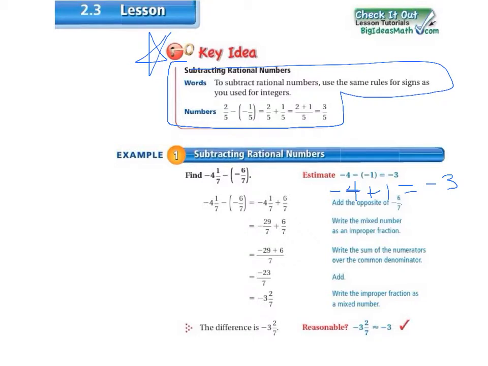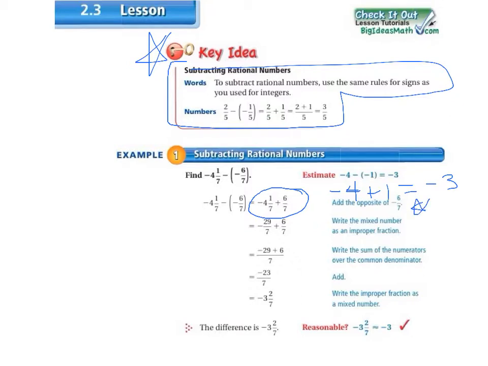Then we're going to look at the problem, and -4 1/7 minus a -6/7 equals -4 1/7 plus 6/7. So we are adding the opposite of